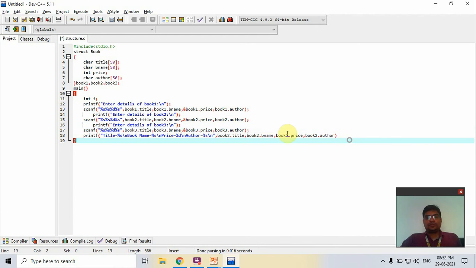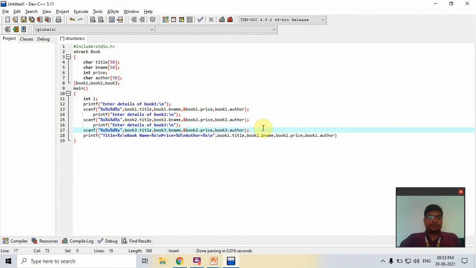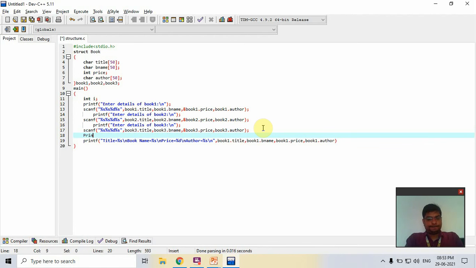Now it is the book 1 details. \n book 1 details \n.